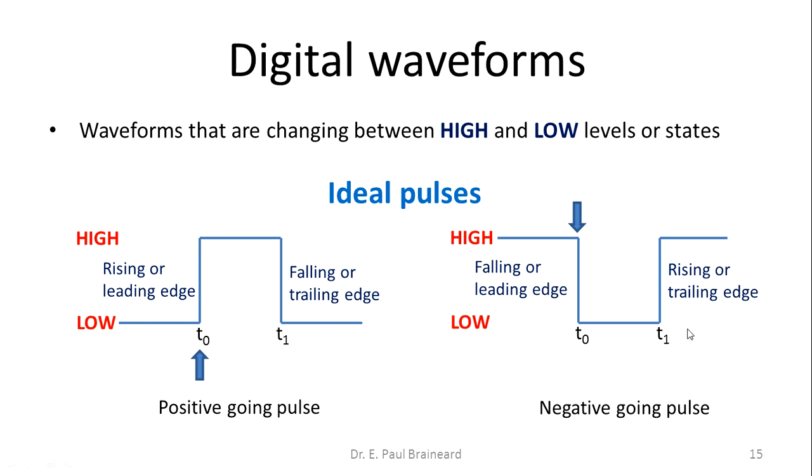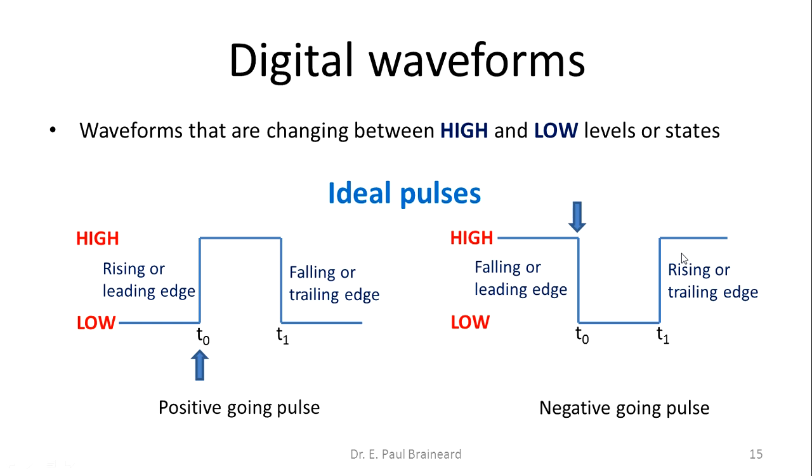It's going from high, going towards low, then again rising. So fall, then 0, then rise. Lead, 0, and trail. So this is how the positive going pulse and negative going pulse are defined,